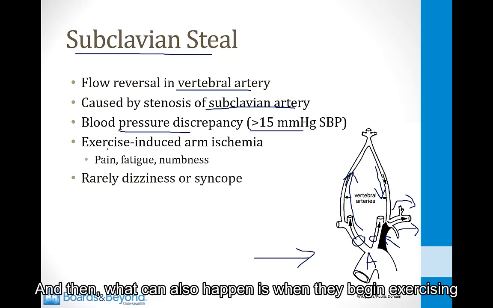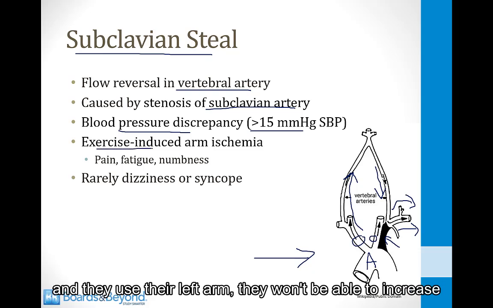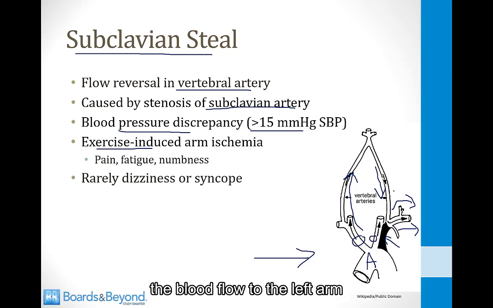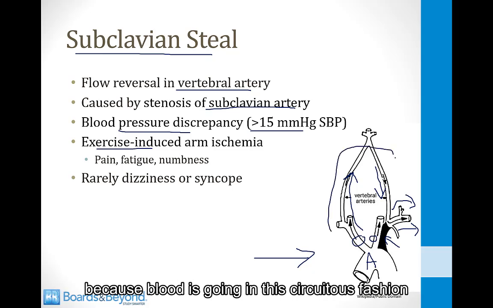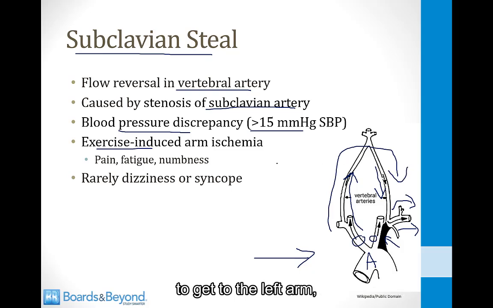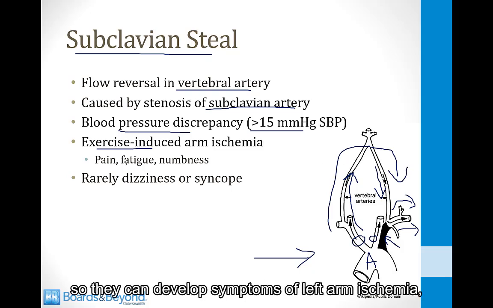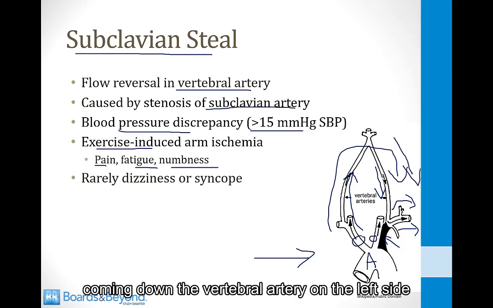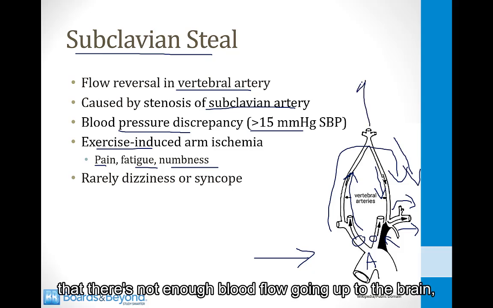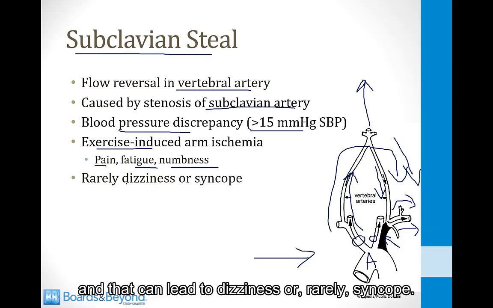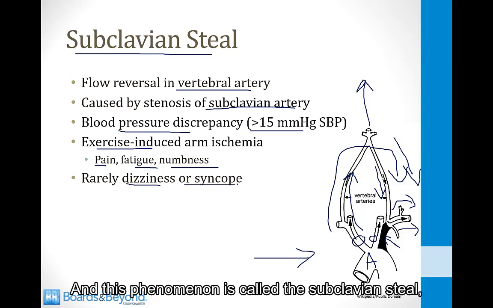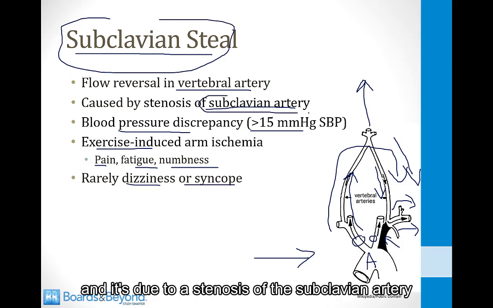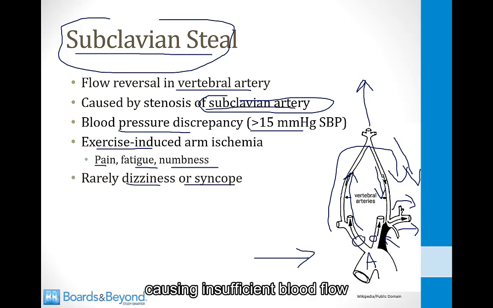And then what can also happen is when they begin exercising and they use their left arm, they won't be able to increase the blood flow to the left arm because blood is going in this circuitous fashion to get to the left arm. So they can develop symptoms of left arm ischemia like pain, fatigue, or numbness. And in rare cases when they exercise, there can be so much blood flow coming down the vertebral artery on the left side that there's not enough blood flow going up to the brain, and that can lead to dizziness or rarely syncope. And this phenomenon is called the subclavian steal, and it's due to a stenosis of the subclavian artery causing insufficient blood flow through the vertebral